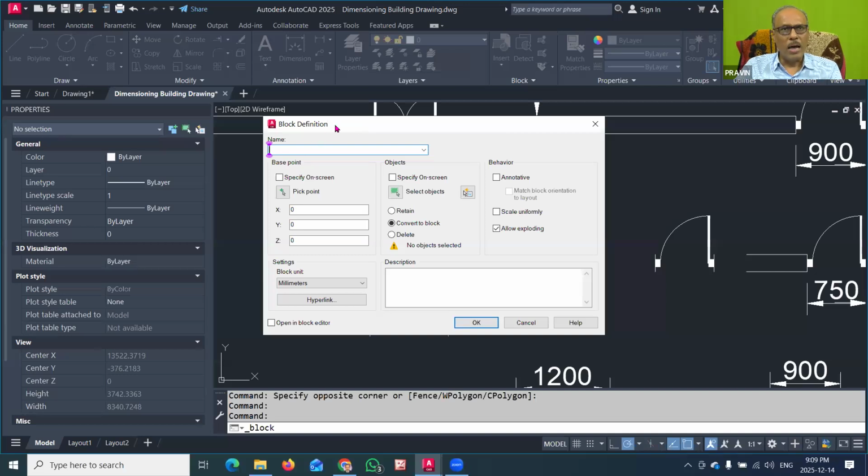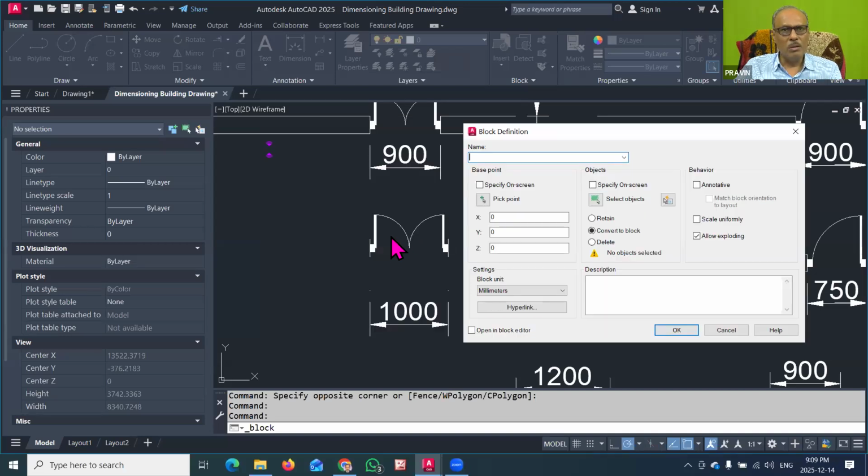So now I have to understand I am making this door symbol. For that, this is a 2-leaf door having width of 1000. So accordingly, your name should reflect. So I will type here 2-leaf. So I can type 2L, capital L. So 2-leaf